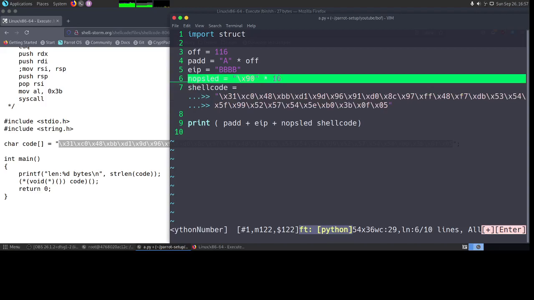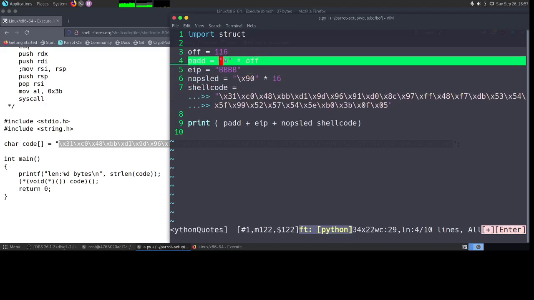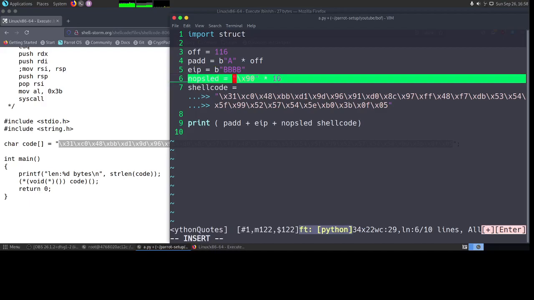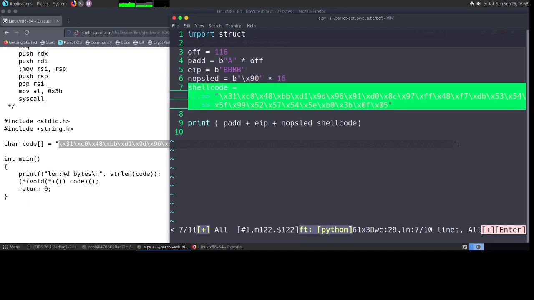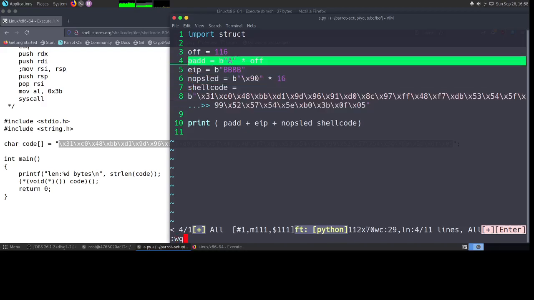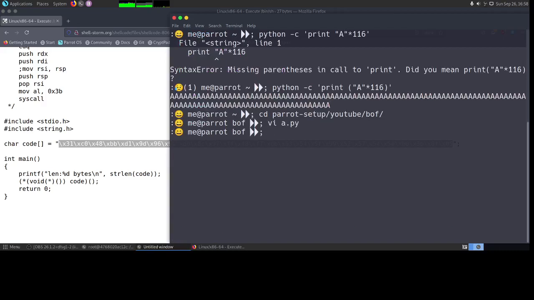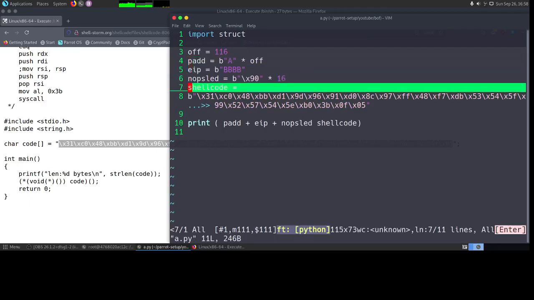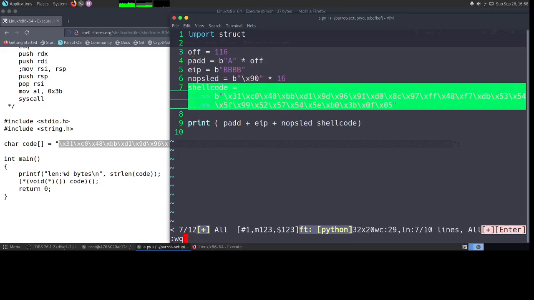Now remember that this is Python 3, right? So we want everything to be in bytes. We'll put this here. Put b for all of these. Okay, so this is what we have now. Now let's save this. Python a.py.